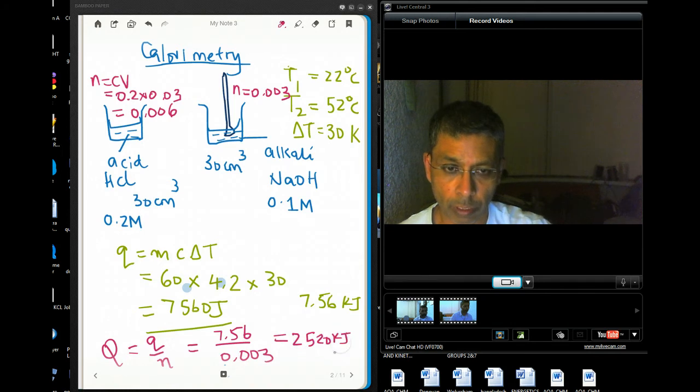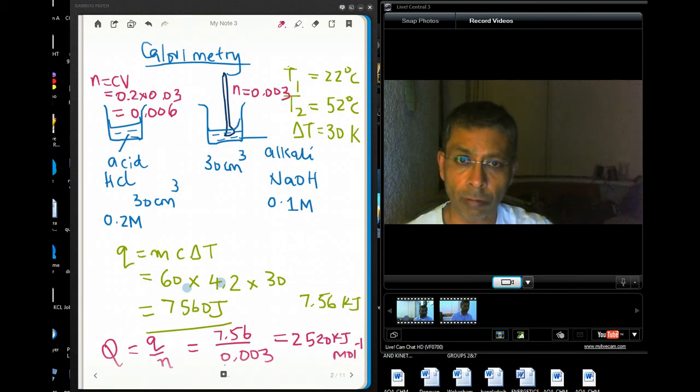And that is now kilojoules per mole. So that would be how you would calculate the energy of a reaction involving two solutions